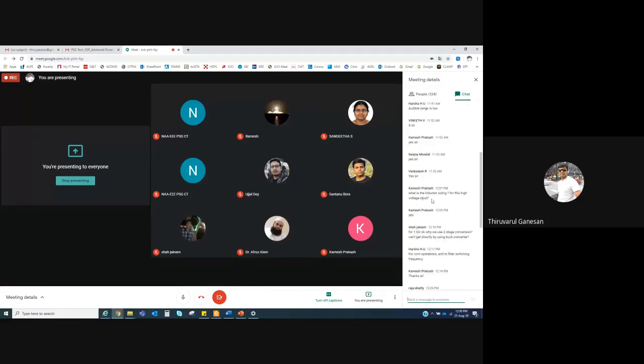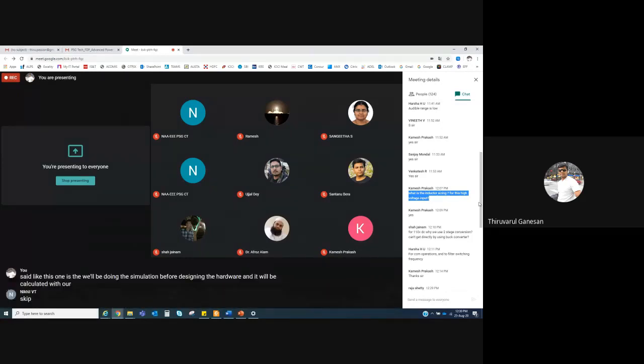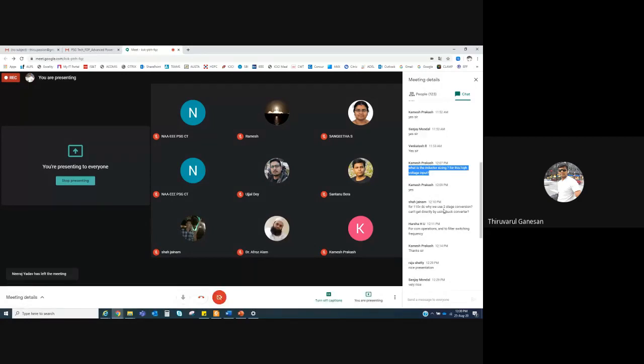Yeah, inductor sizing, as I said, we will do the simulation before designing the hardware, and it will be calculated with our software through MATLAB and some specific software for Alstom. We have a calculation sheet. We will calculate that inductor using two-stage, as I said, it's a redundant operation. It's specific to the customer, and most applications will be single stage conversion.